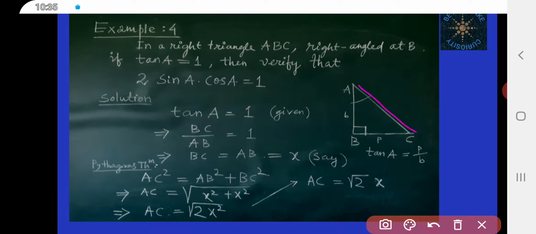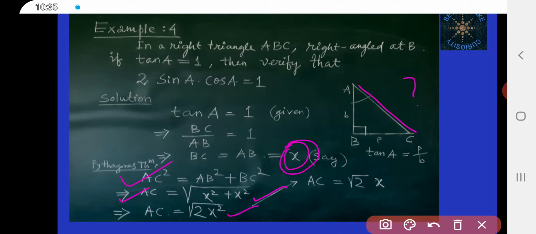Now you find AC. So using Pythagoras theorem we get AC square is equal to AB square plus BC square. AB is x, so x square. BC also x, so BC square is equal to x square. So x square plus x square